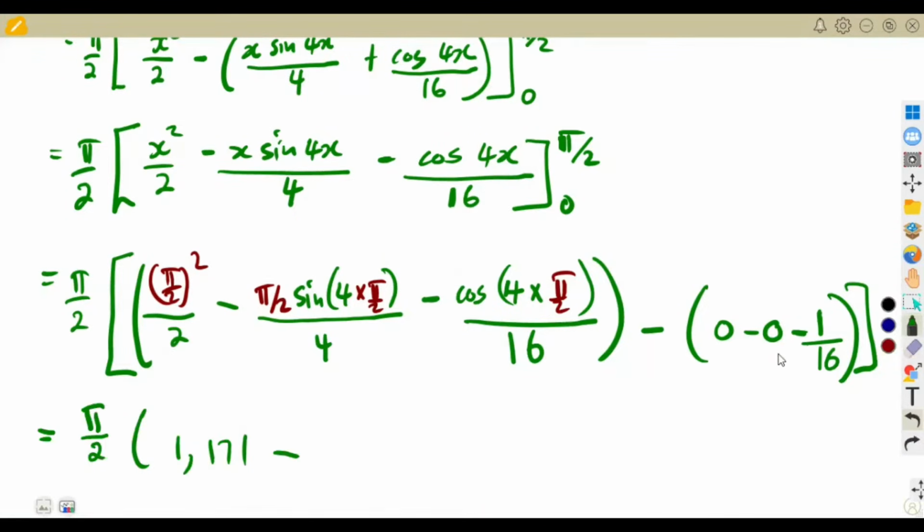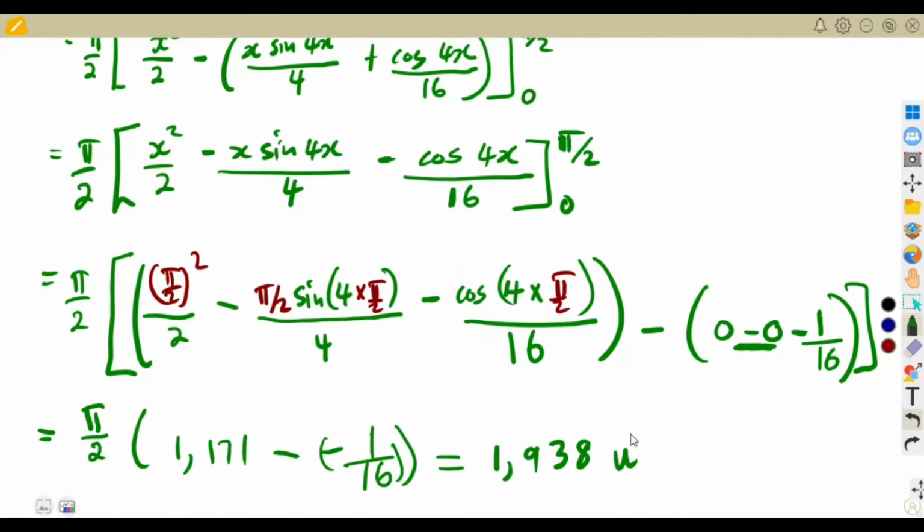All right, minus here. If you simplify 0 minus 0, that's a 0. 0 minus 16 is going to be minus 1 over 16 like this. So it will be minus, which is a plus. Then you simplify everything, you're going to get something like 1,938